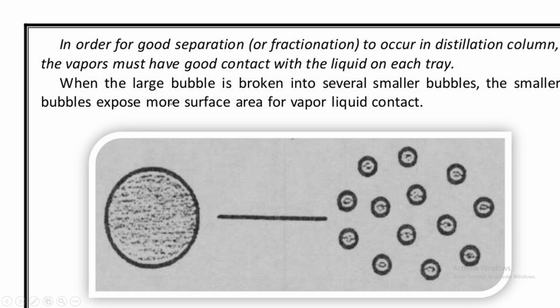We all know that in order for good separation or fractionation to occur in a distillation column, the vapors must have good contact with the liquid on each tray. And when a large bubble is broken into several smaller bubbles, the smaller bubbles expose more surface area for vapor liquid contact. We can see this phenomenon by this example here. A large bubble is here and it is breaking down into smaller fragments,